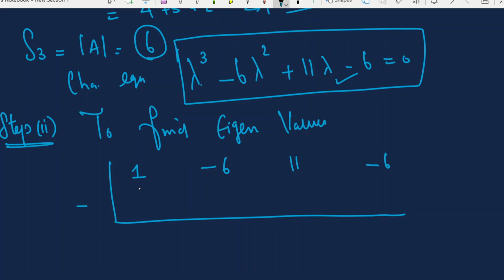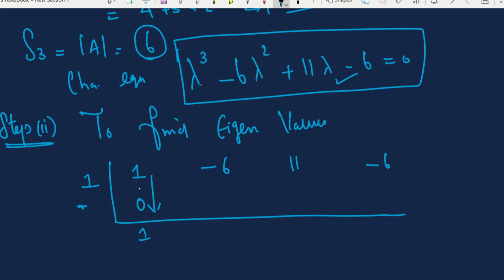By the remainder theorem, if you add all these entries and it gives 0, then 1 is one of the roots. So here 1, 11, 12, minus 12, 0. So 1 is one of the roots. First entry should be 0. Adding these two numbers, 1.